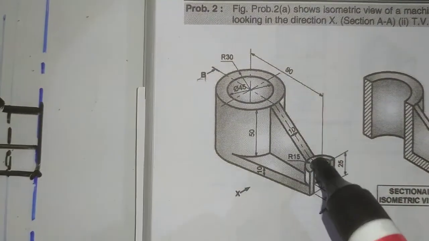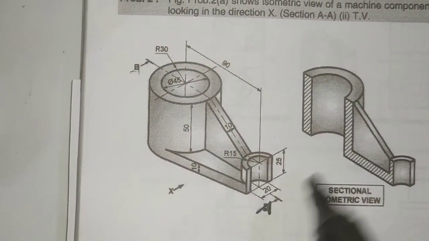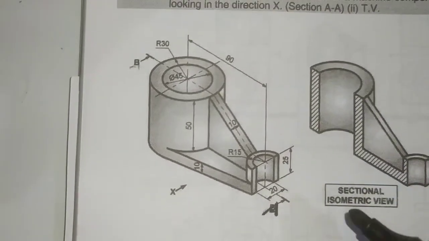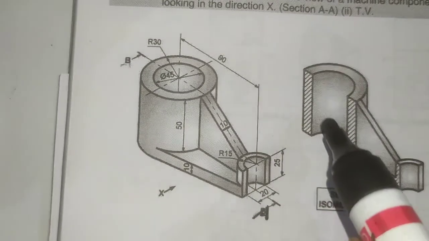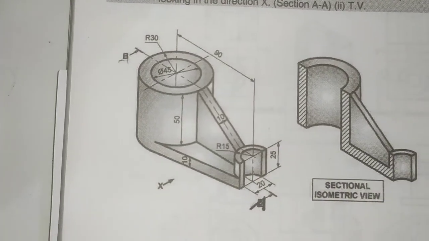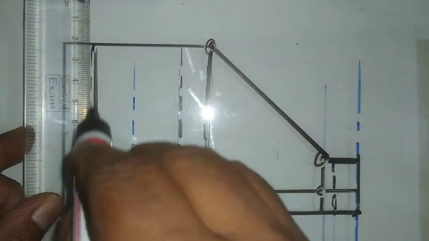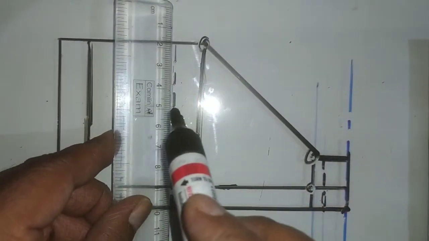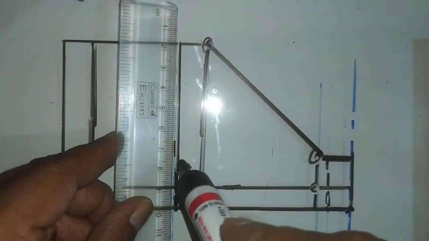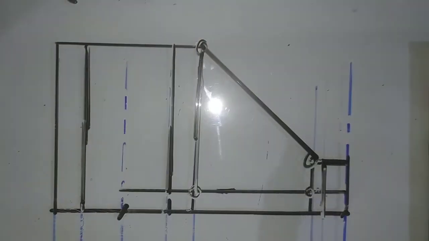Now from the top view, a single line shows where the hacksaw cuts, and here they have shown after cutting which part is removed between the observer and this cutting plane which cuts the object. Then we are drawing the front view. Only imaginary cutting plane, only the effect will be observed in the front view. What will be the changes? We will look at here. This line is converted into dark line. This line is also converted into dark line. And this line is also converted into dark line.